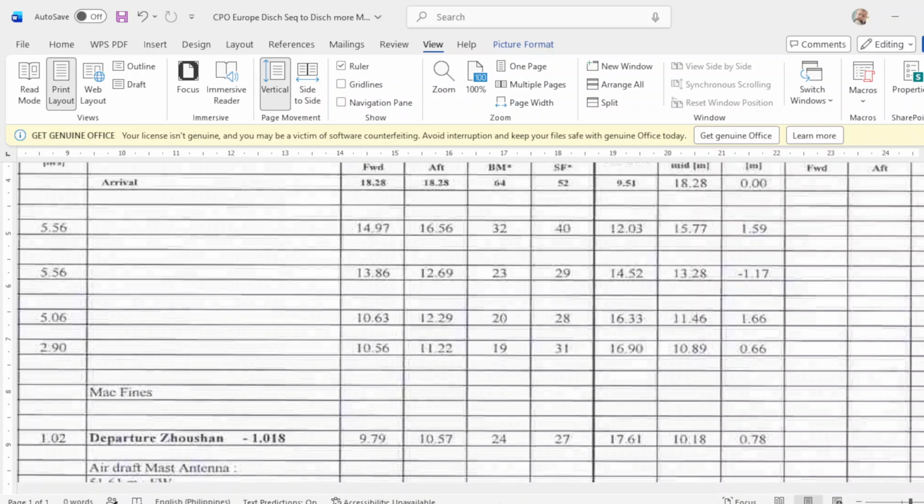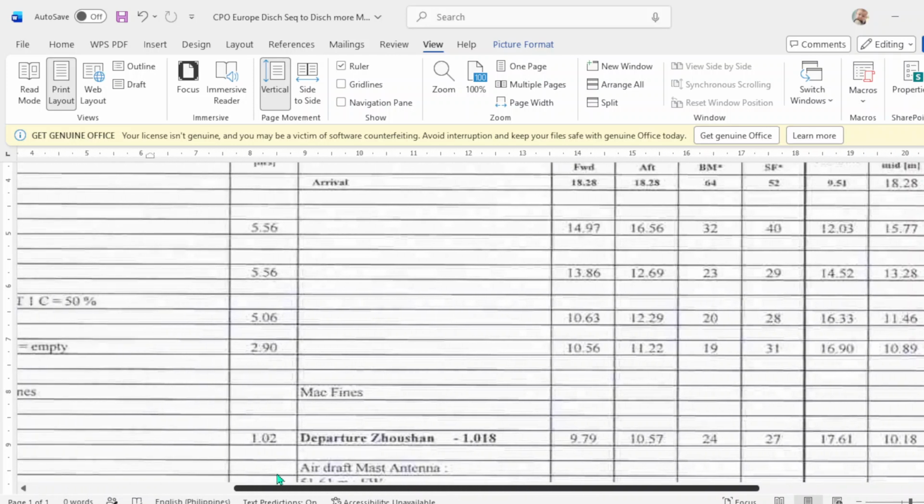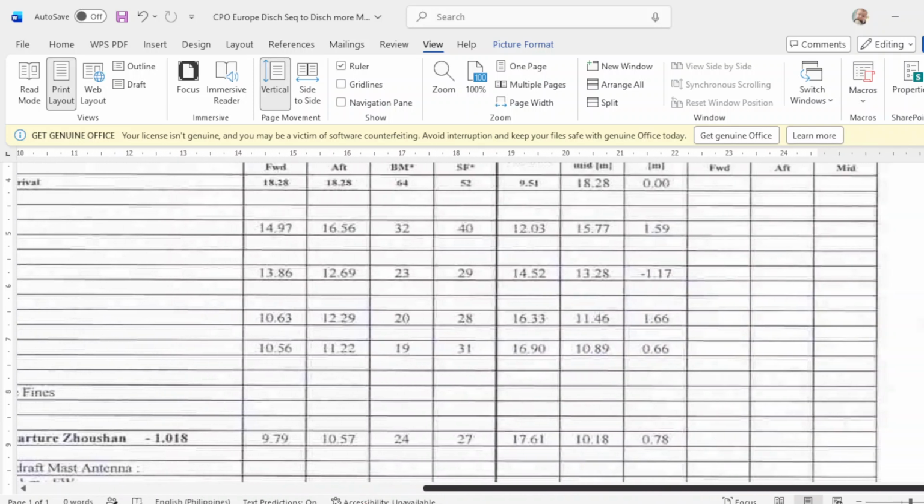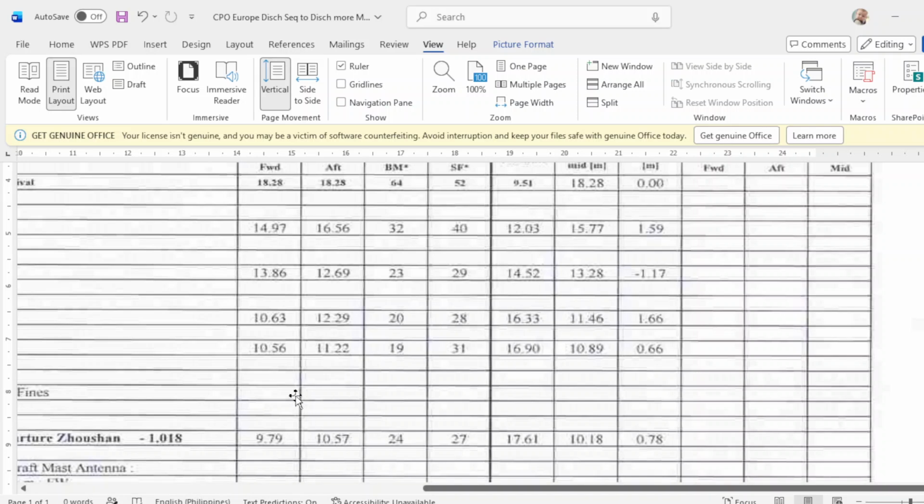This will be the sequence where, after loading this 864, the foreman will advise the duty officer or chief officer that they will stop loading for the draft surveyor and the chief officer to make a draft reading around the vessel.